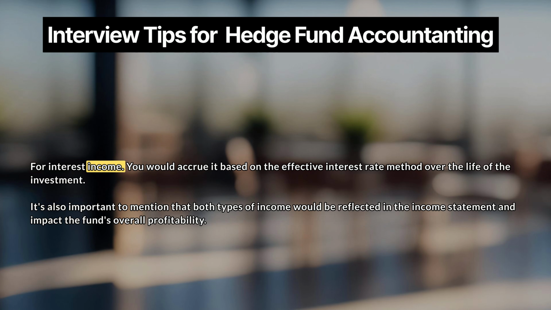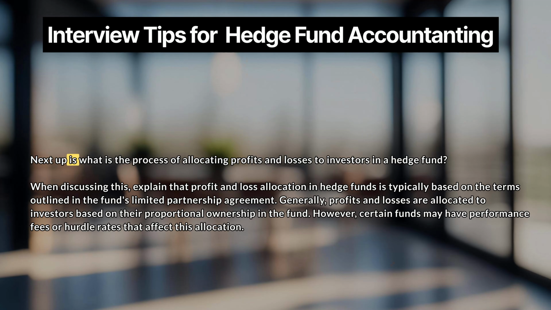For interest income, you would accrue it based on the effective interest rate method over the life of the investment. It's also important to mention that both types of income would be reflected in the income statement and impact the fund's overall profitability. Next up is: what is the process of allocating profits and losses to investors in a hedge fund? When discussing this,